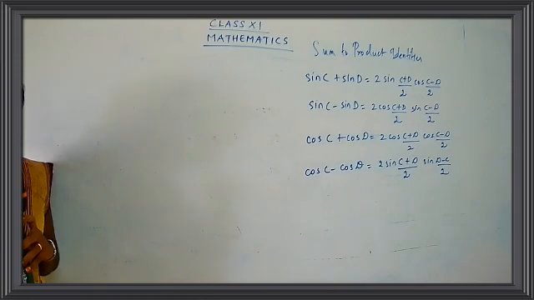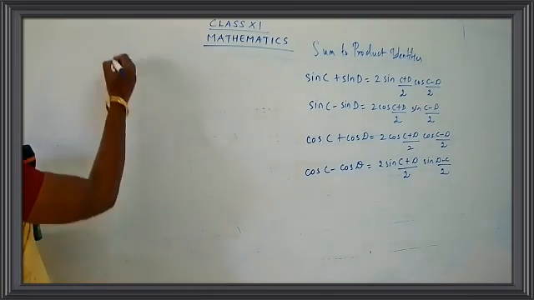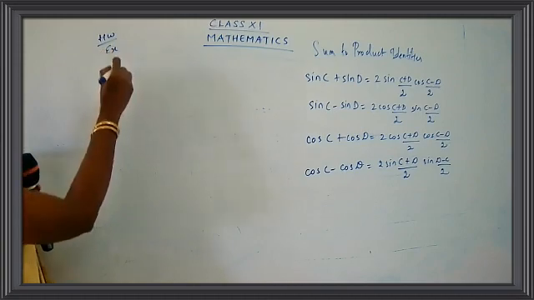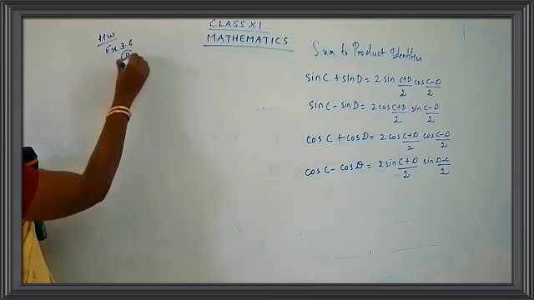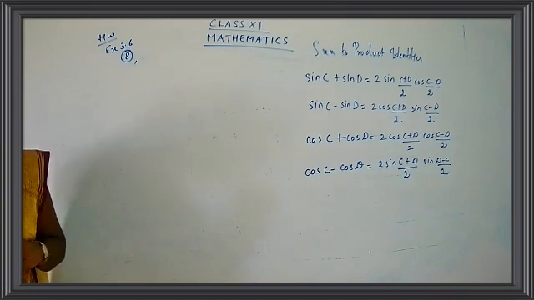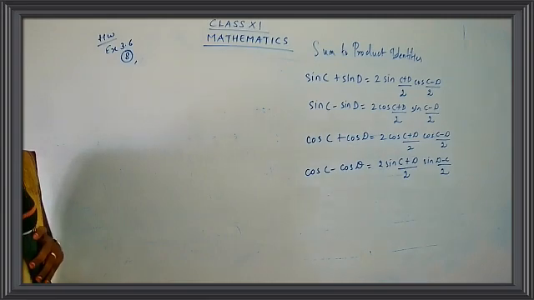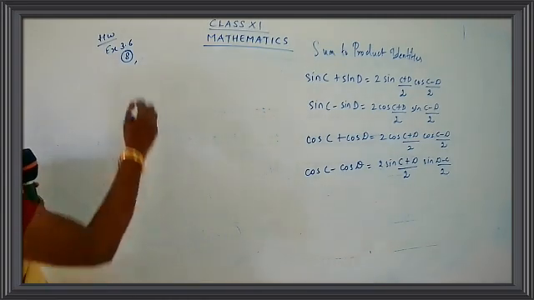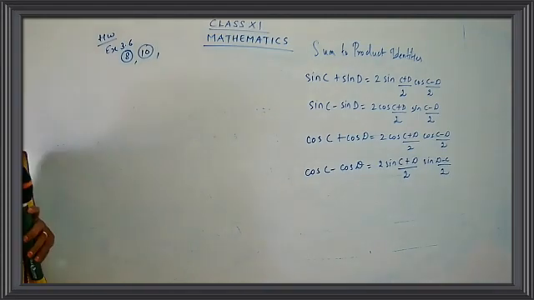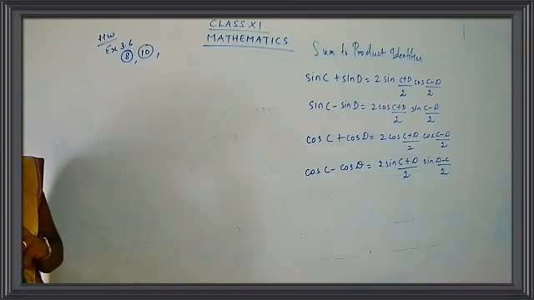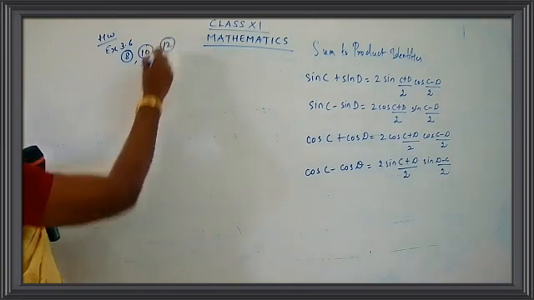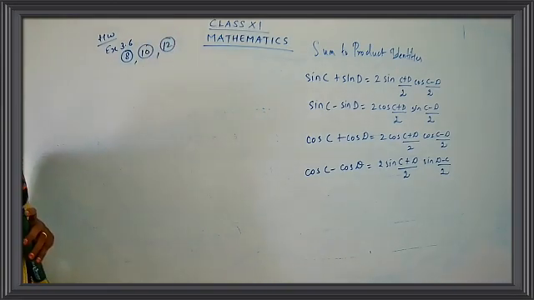Yes, children. So your homework for today is from exercise 3.6 sum number 8. You're going to complete sum number 8 as homework. Sum number 9 we will be doing in our classwork. Then sum number 10 will be homework. Again, it is based on the formula, so you're going to complete sum number 10 as homework. I'll be doing the 11th one, and the 12th one will be homework. So your homework is 8, 10 and 12.